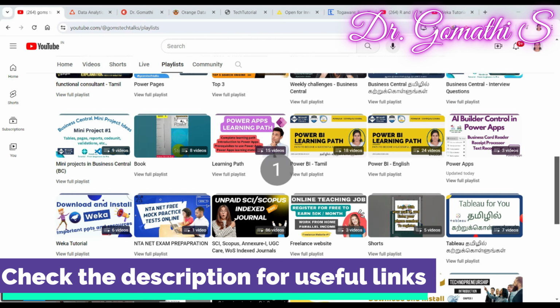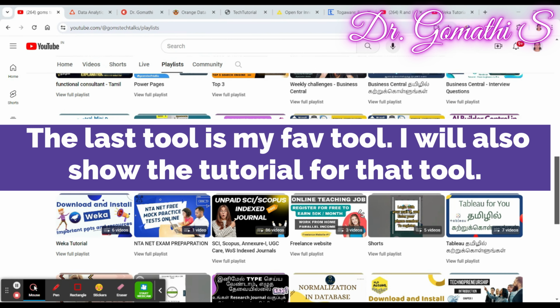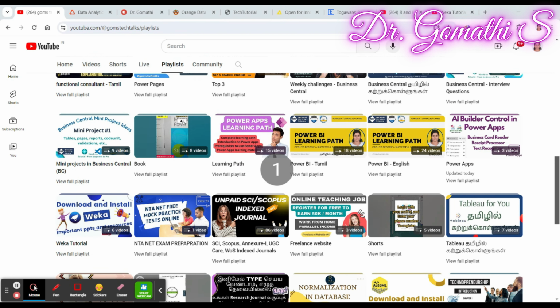Welcome to the deep dive into some of the most powerful data mining and analysis tools available today. That is, we are going to talk about four important data mining and analysis tools. Each of these tools offers unique capabilities and benefits, making them invaluable resources for researchers across various fields. Whether you are dealing with big data, conducting complex statistical analysis, or building predictive models, these tools have something